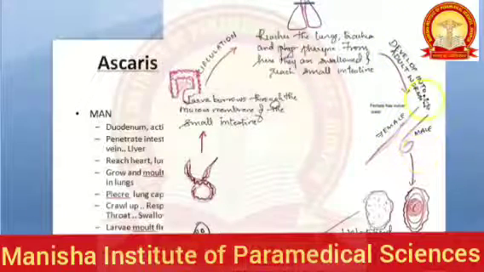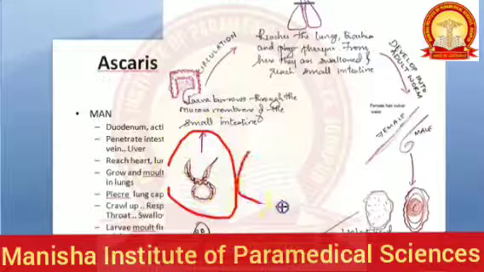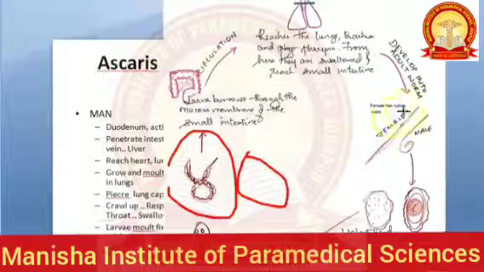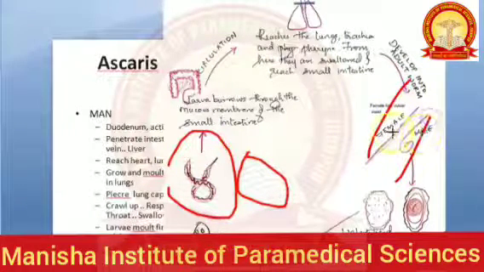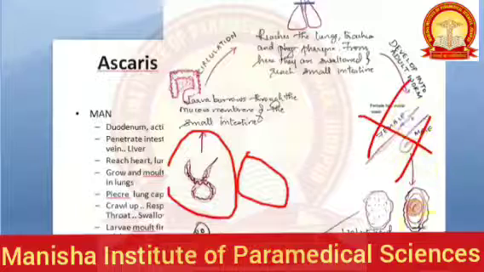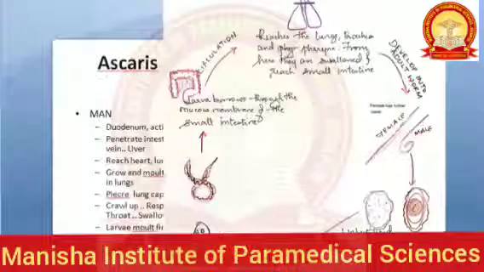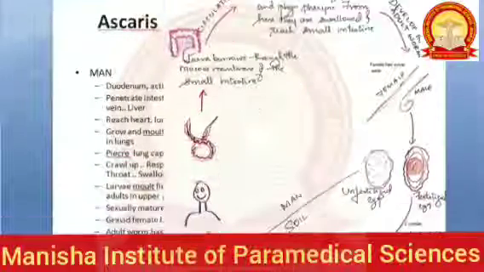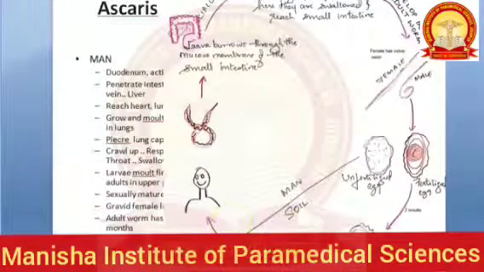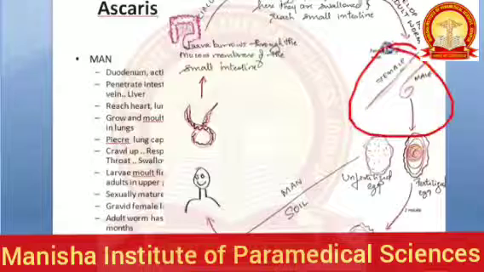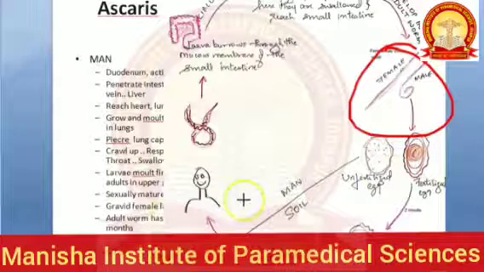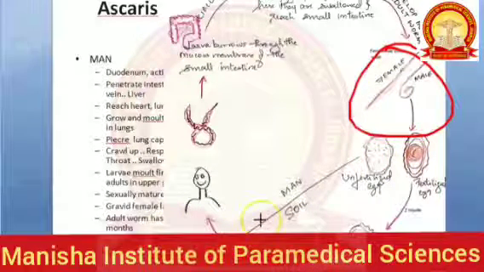The adult form, so I'm guessing here this man got infected with a female and a male rhabditiform larva. Now both of them reach here. There is one female, one male, and then they are going to copulate. When they copulate, the gravid female will release the eggs. They can release unfertilized eggs or fertilized eggs. Remember, these adult forms can survive for 1 to 2 years. Their lifespan is 1 to 2 years.